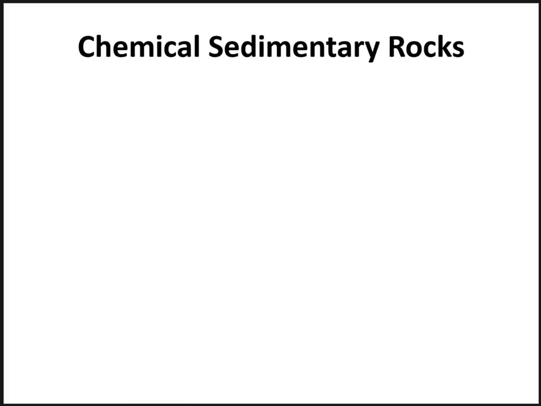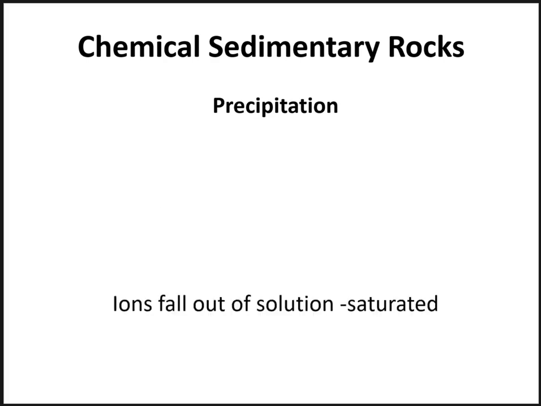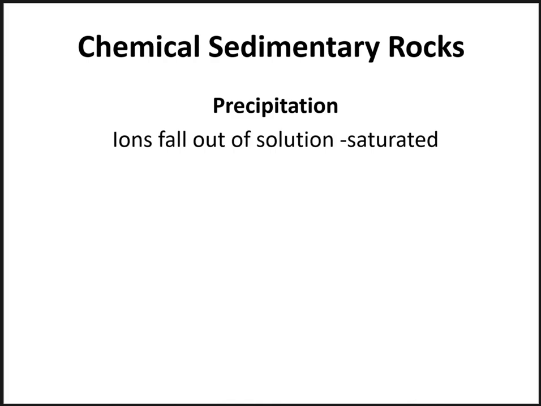The second type of sedimentary rock, chemical sedimentary rocks, are formed from two processes. So the first process is what is called precipitation. So basically what happens here is too much of an ion tries to dissolve itself into water. So what happens when water dissolves a substance, and this is what we call a solution, there's only so much room in that water to dissolve that natural substance. So once the water becomes completely filled up with that substance that's trying to become dissolved, we say that solution